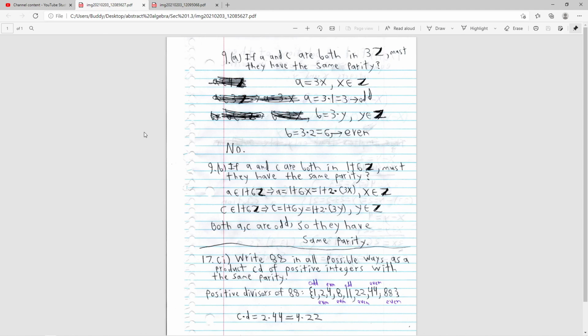So for this problem, we have a and b. If a and c are both in 3Z, must they have the same parity? So part A is like this. The answer is no, and we show this by a equals 3 times x, x in Z, and we